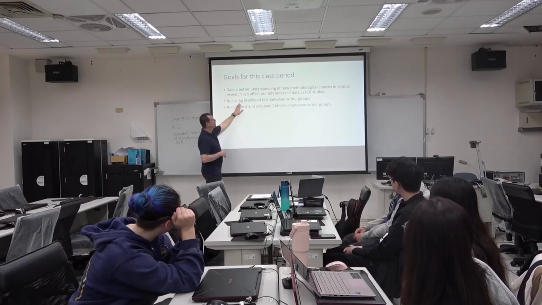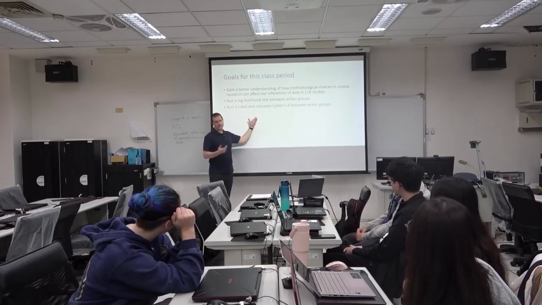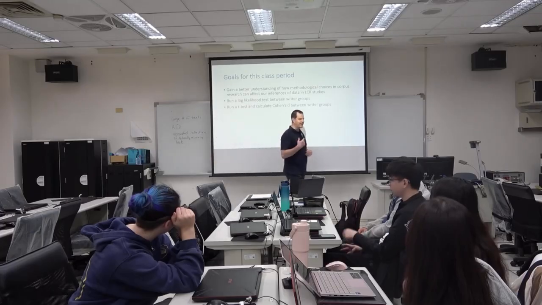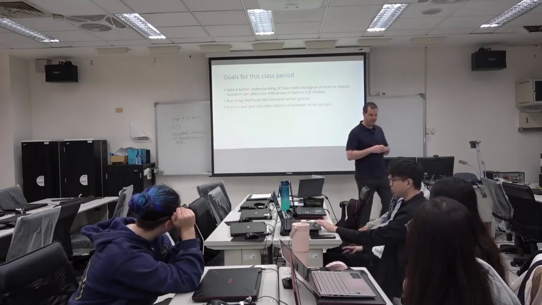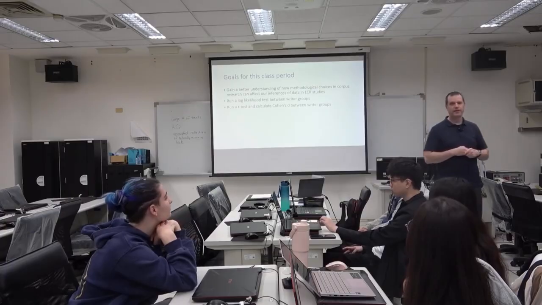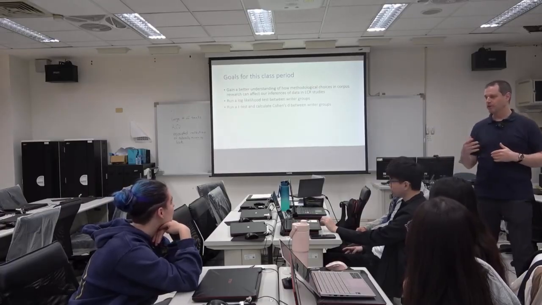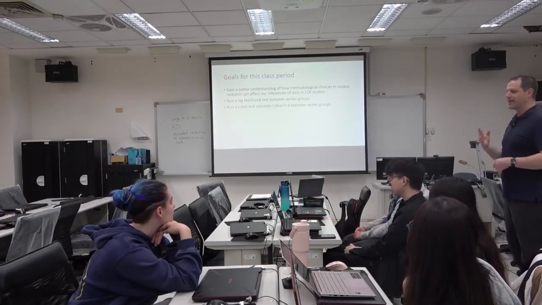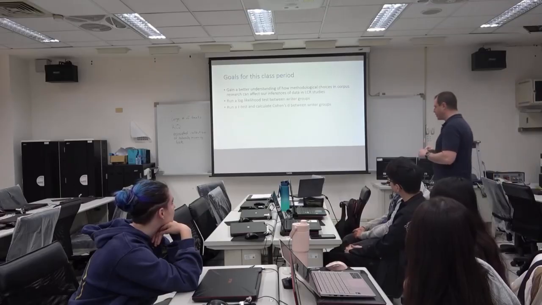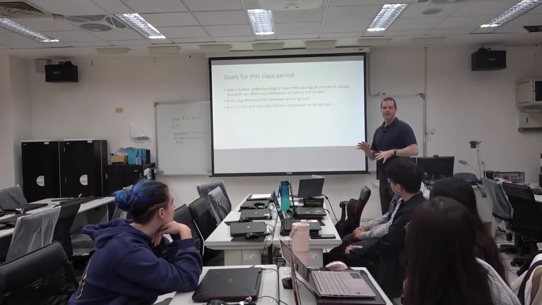We'll use a log likelihood test first. That's an easy one to do. It's very popular in corpus linguistics. Why? Because it's easy to do. And then we'll run a simple t-test, which is also easy to do, but it's less common in corpus linguistics because you can't just use a ready-made tool to do it. You have to organize the data and clean it up a little bit, push a bunch of buttons or stuff like that.